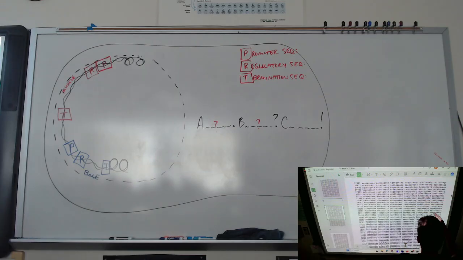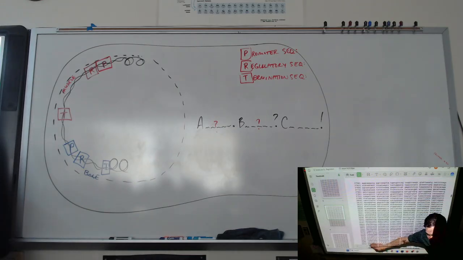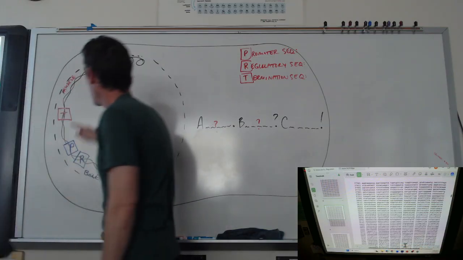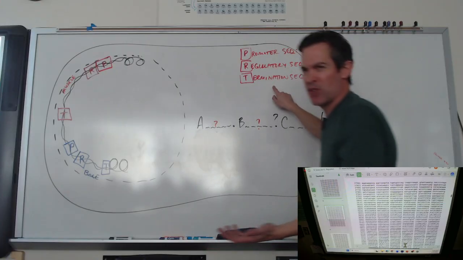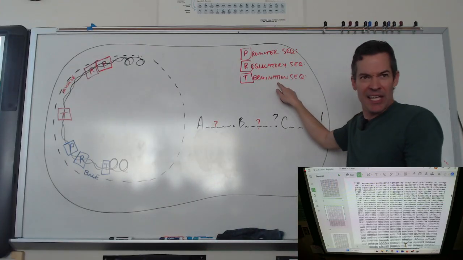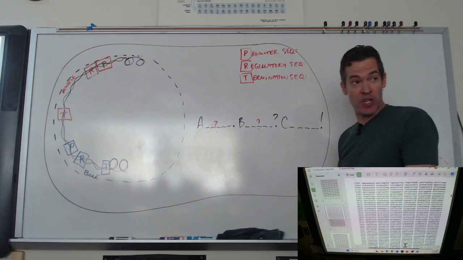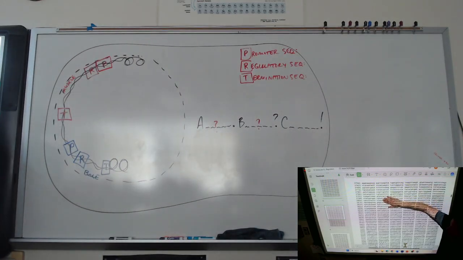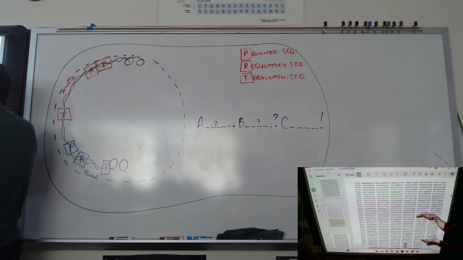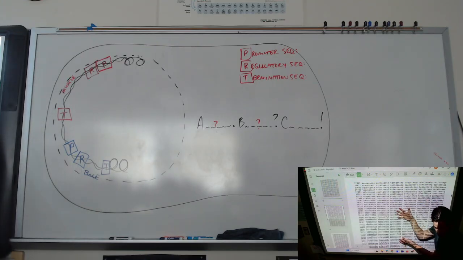Then I scroll on down, and my computer hits somewhere down here. And it's like, hey, we're like 75% confident this is a termination sequence. If a promoter is the beginning of a gene, then terminate means to end. So a termination sequence is the end of a gene. So I think this is the beginning of a gene, and this right here is the end of a gene. So I think this is a gene that codes for something. What's it code for? I have no freaking clue, but I'm pretty sure that's a gene.